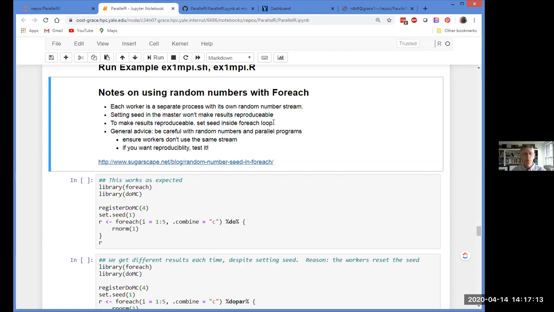And the second thing you want to be careful of is sometimes people want to be able to reproduce their random calculations. So they want to be able to set a seed at the top and then run their calculation such that they know they could go back later, and by setting the same seed, they could reproduce exactly the same results. And so both of those things can be a little bit tricky in parallel programs. So I just wanted to talk about that a little bit.